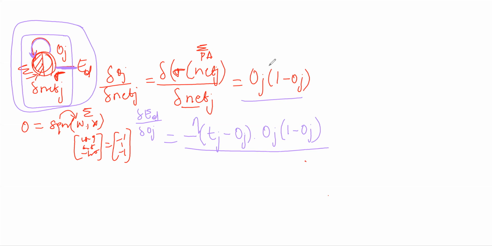So this basically is going to be my delta Wji, which is entirely this term for my output neuron. The weight update that I'm going to perform with my output neuron is delta Wji is equal to minus the learning rate into (Tj minus Oj) into Oj into 1 minus Oj